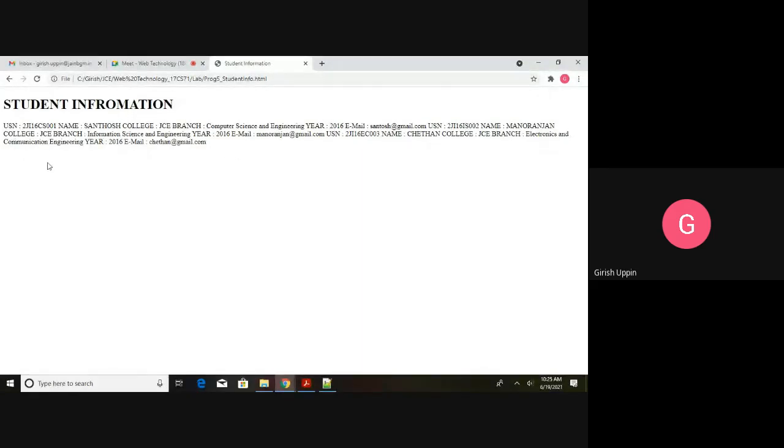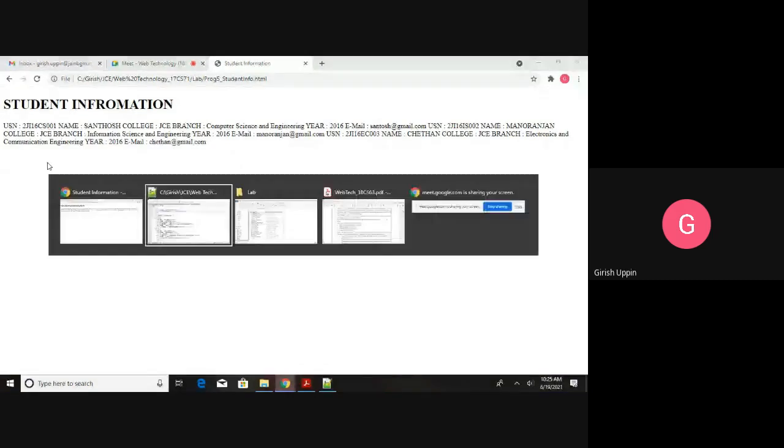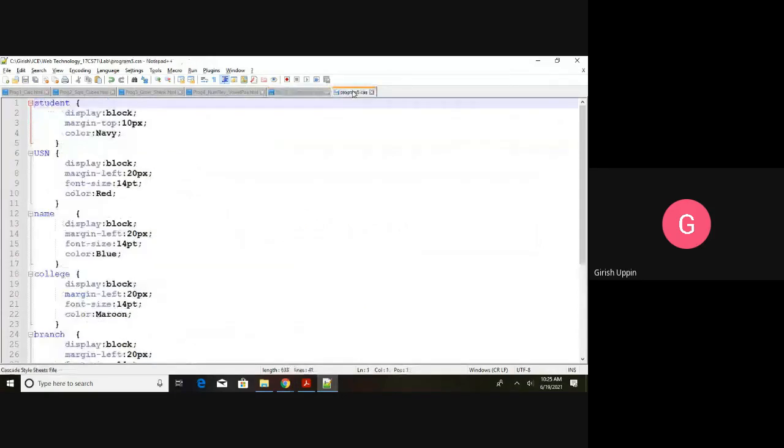But instead of displaying like this, we have applied the style using CSS. So let me rename it back to program 5.css, and we will see what CSS is applied. For a student tag, these are the CSS rules. Display block.